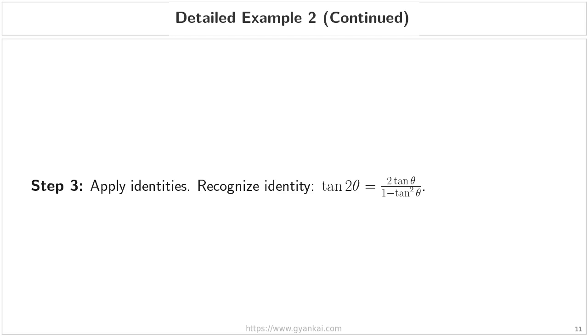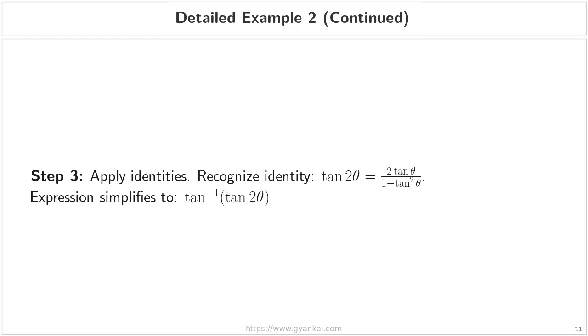If you look at the expression we just formed, you will recognize that it matches the double angle formula for tangent. Specifically, the tangent of 2 theta is equal to 2 times the tangent of theta, divided by the quantity of 1 minus the tangent of theta squared. By substituting this identity into our expression, the inner part simplifies significantly, leaving us with the inverse tangent of the